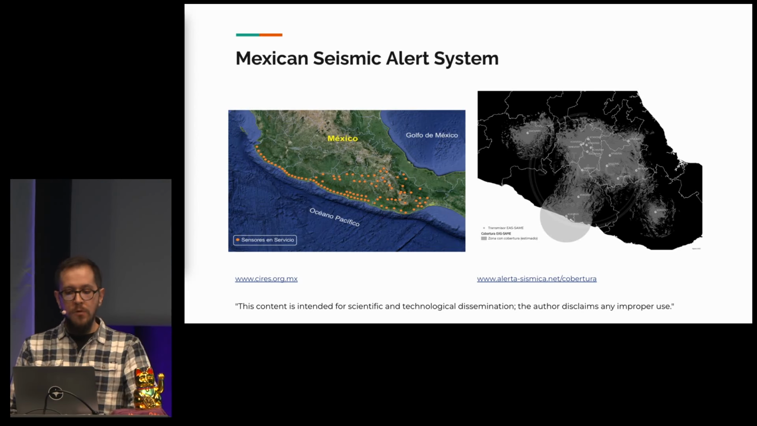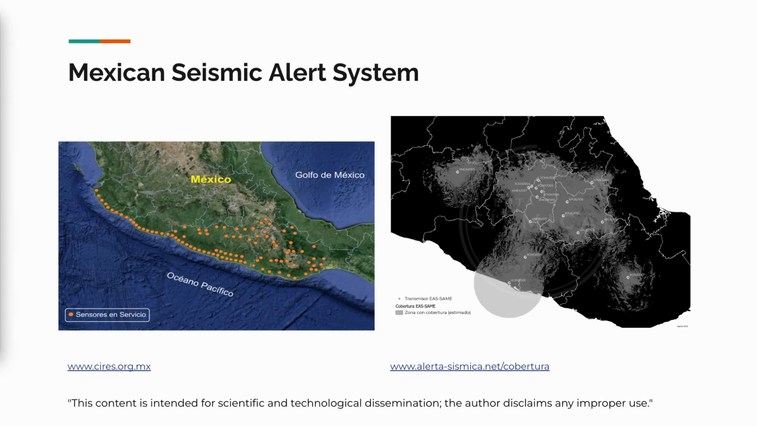Just a look at how the system is working contemporarily. From 12 sensors, there are now sensors in all of the eastern coast of Mexico and inside. And on the right side, it's a coverage of these transmitters that send these signals